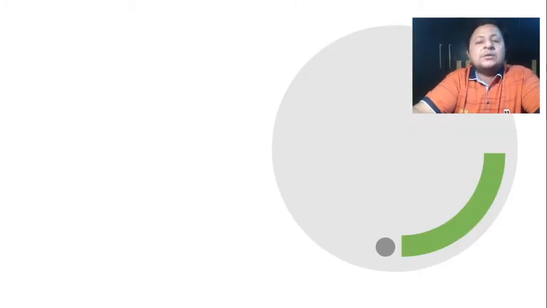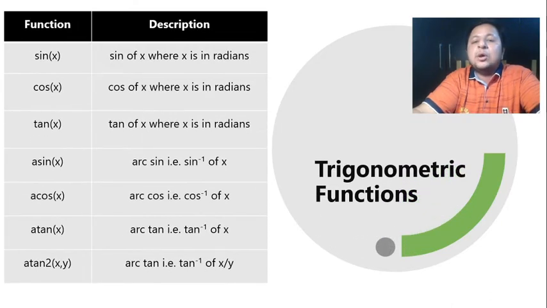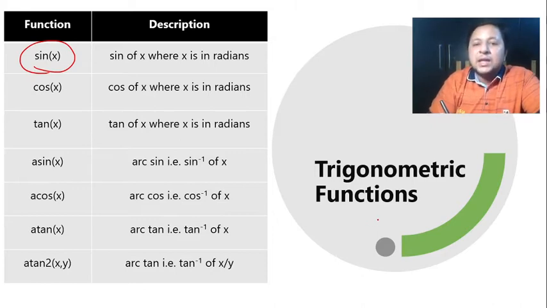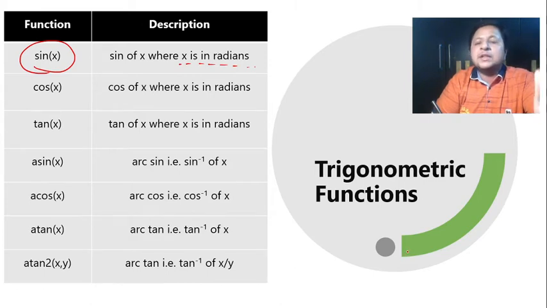The basic trigonometric functions that we need are sin, cos, and tan, which are given in a very straightforward way. So you can see the function sin(x). The only constraint that we have is that x must be in radians. Generally we work in degrees, but be very careful whenever you are using the function sin in your C programming. The argument expected by the sin function is the angle, but in radians.